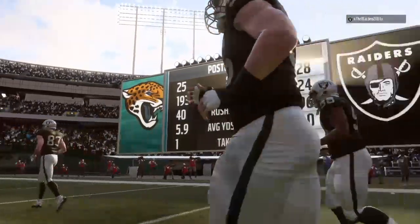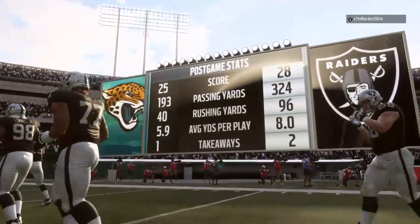So for Oakland, it's an ideal start as they move to 3-0 now on the young season. And they will hit the road next week to take on